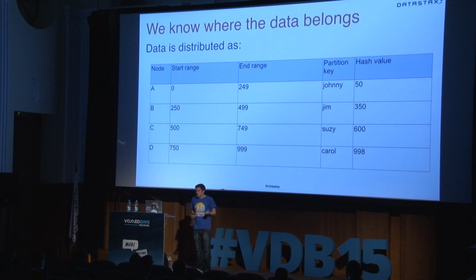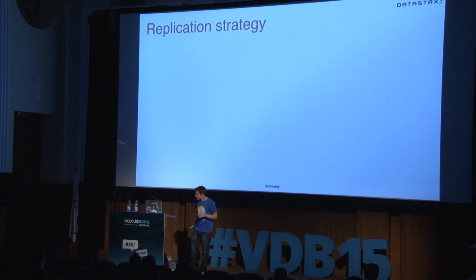But this isn't the end of it. If this was the end of it, what would happen to poor Johnny if node A went down? He would cease to exist. We'd be back in the problems of a single server database when that server goes down. So this is not the end of the story. The next thing Cassandra does is it replicates your data. All of this is why it can handle so many transactions a second, because even when you're reading data, it can actually go to many nodes in the cluster because we replicate it.